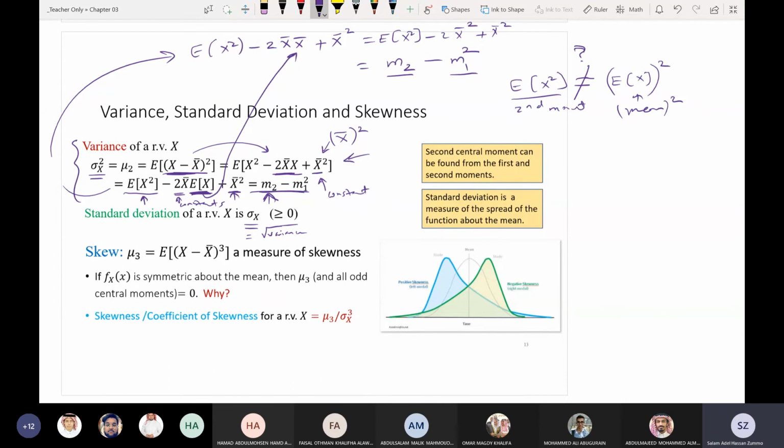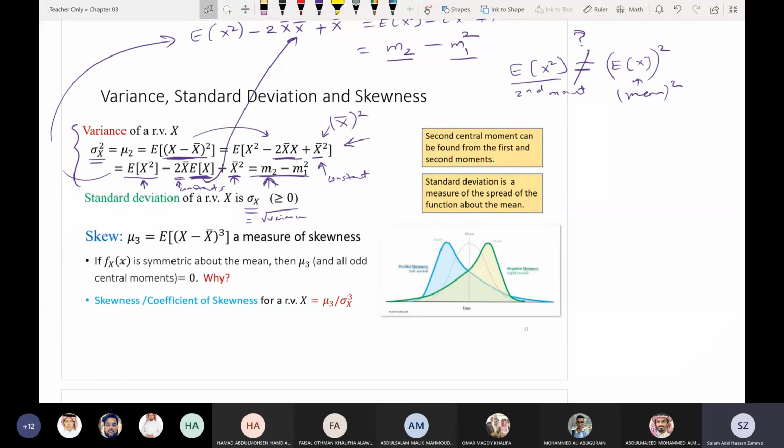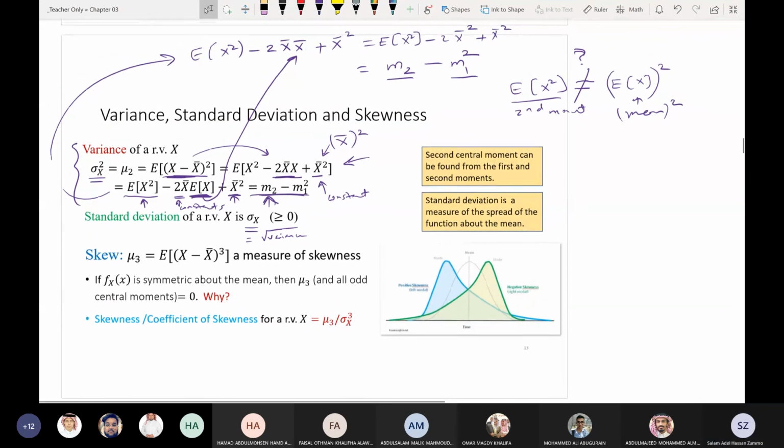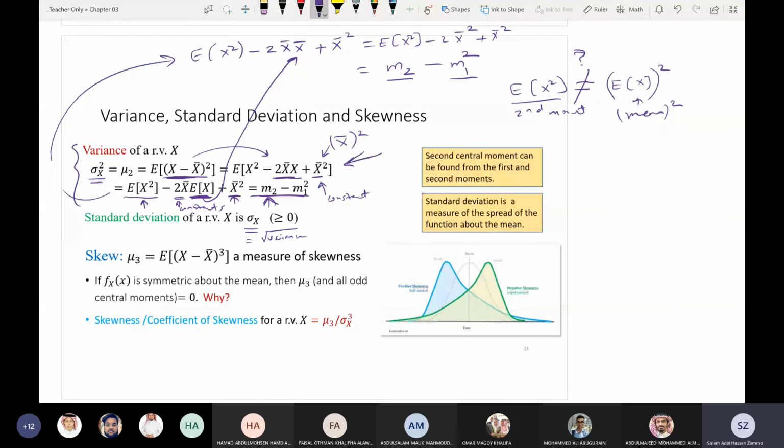Okay? As we said, both of them give you the information about how spread the random variable is around its moment. This exercise is very important. What we did here is we opened up the parentheses, which is (x minus x bar) squared, and we simplified. So what did we do? We simplified until we got some known moments. This is a very important exercise that you need to be aware of and to practice.